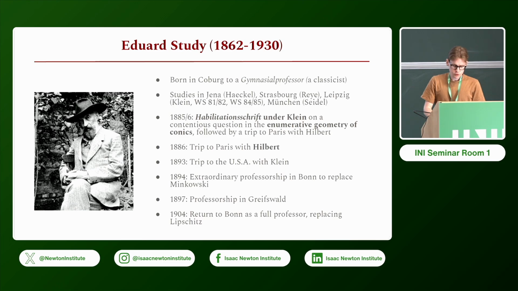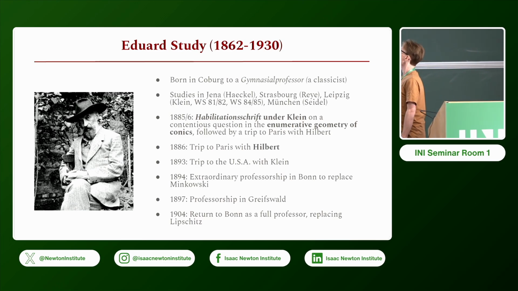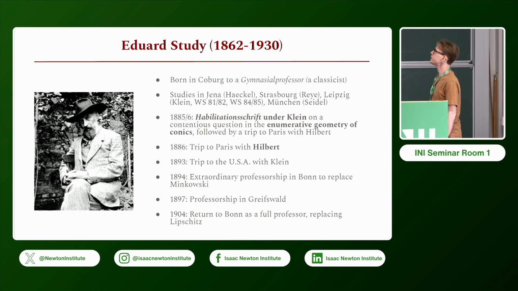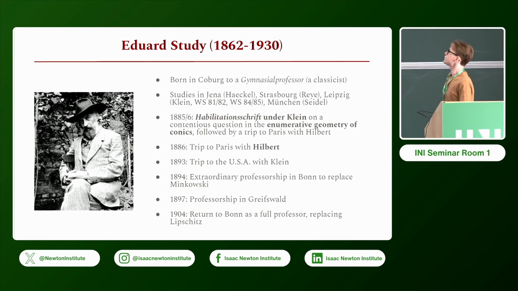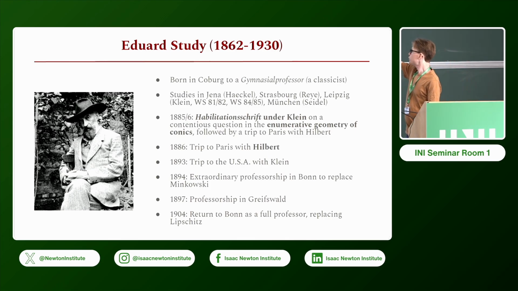And so Study, just to situate him briefly, born in 1862, so slightly younger than Halphen, although not by much, studied under Klein for his habilitation in 1885, back then still in Leipzig, before Klein's move to Göttingen, precisely on the question of systems of conics. And then he went on to visit people like Halphen in Paris,